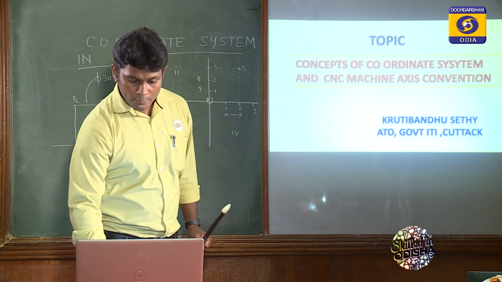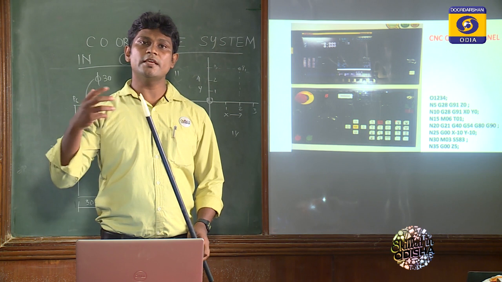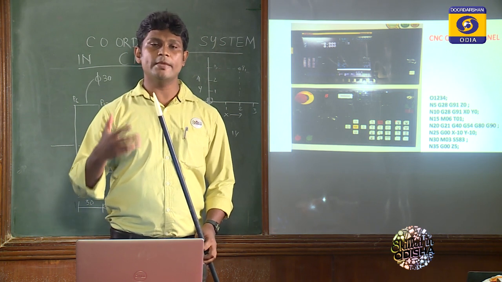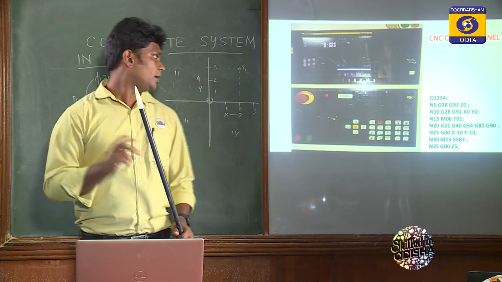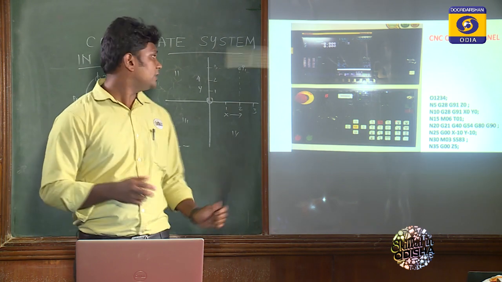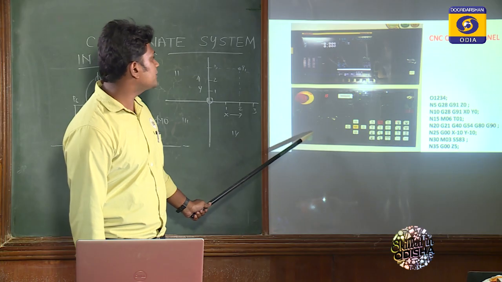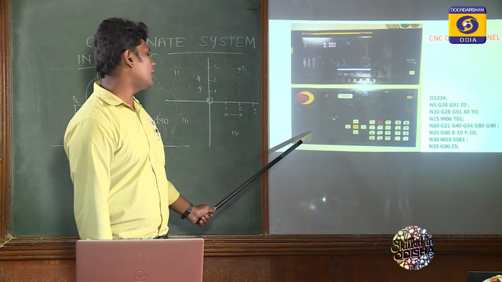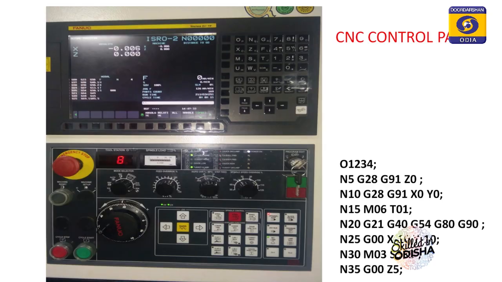When we are going for the control of the CNC machine, we have to understand how the CNC machine operates. What is the basic principle of the operation of the CNC machine? This diagram is an illustration that I have provided for better understanding. This is the machine control panel, in short called MCU, or some people call it the control board. We can also see some switches there.